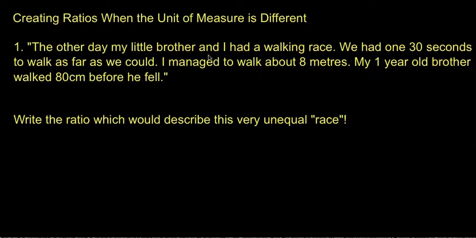The other day my little brother and I had a walking race. We had 30 seconds to walk as far as we could. I managed to walk about 8 meters. My 1-year-old brother walked 80 centimeters before he fell over. Okay, so write the ratio which would describe this very unequal race. Well, if you're comparing the person who's talking to the brother, then you would write 8 meters